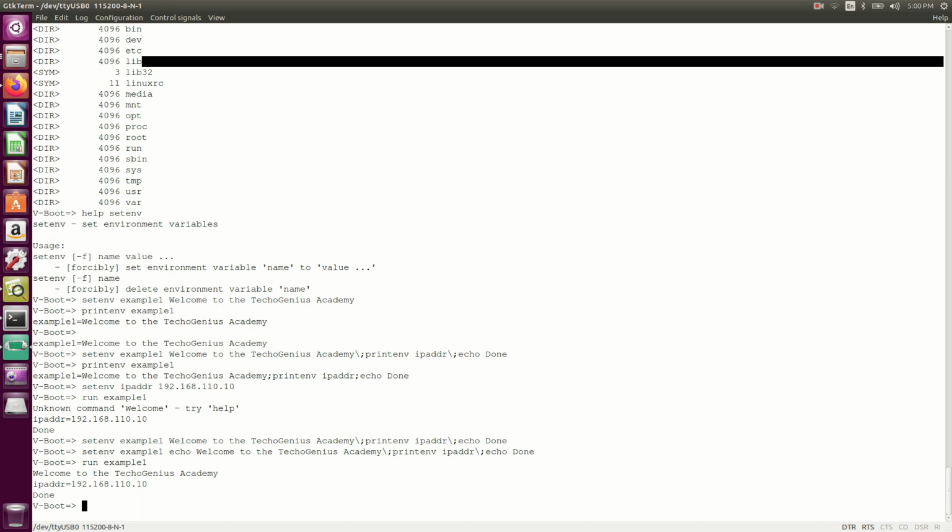In the next session, we will try to boot the Linux kernel over TFTP, via the network, over the TFTP protocol. We will use tftpboot and all, and later on, if possible, we can use the NFS protocol too. Till then, thank you so much.